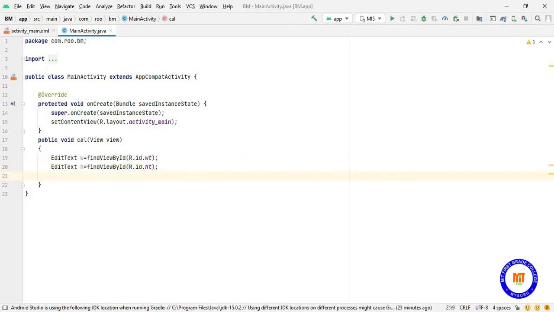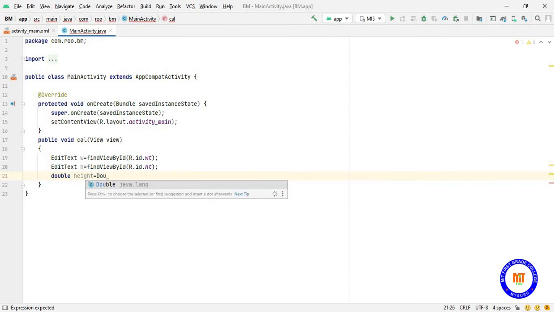So now I need to convert that into double for the purpose of calculation. Double height, this is the variable, equals Double.parseDouble.